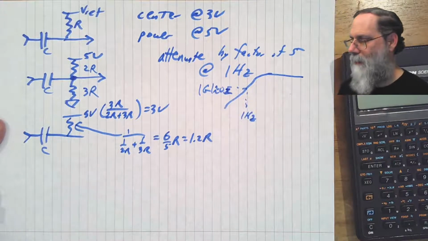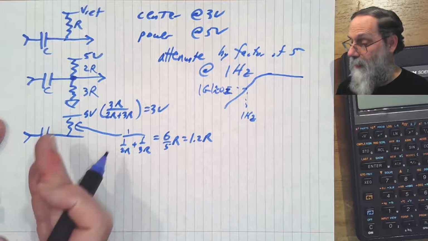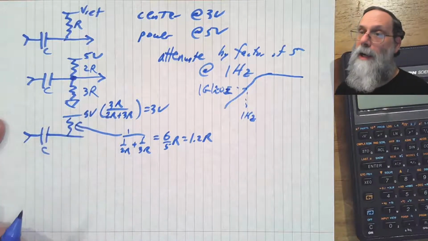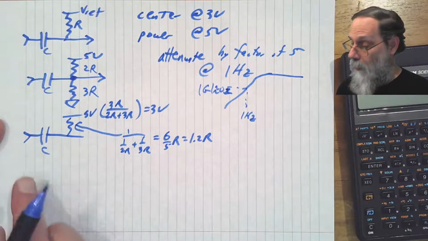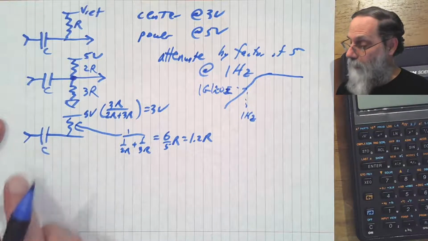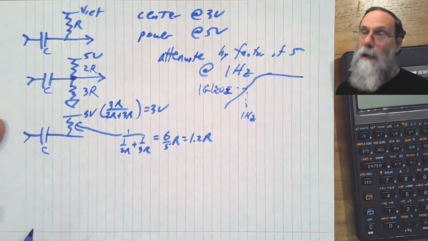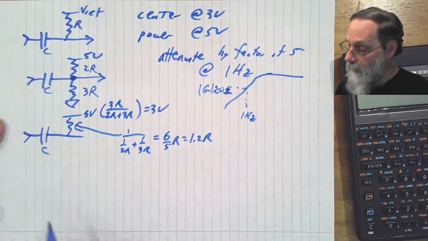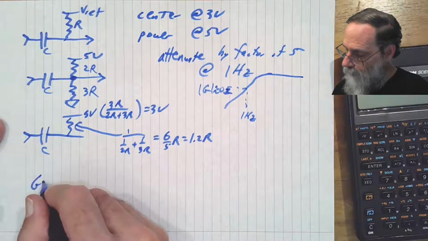All right. Well, what is the gain of this filter? It's just a voltage divider with a capacitor on the input and a resistor going to a DC source. So that's going to have a gain of, well,